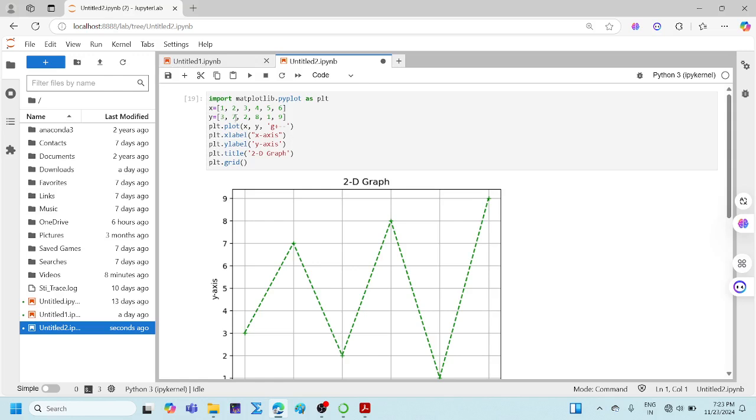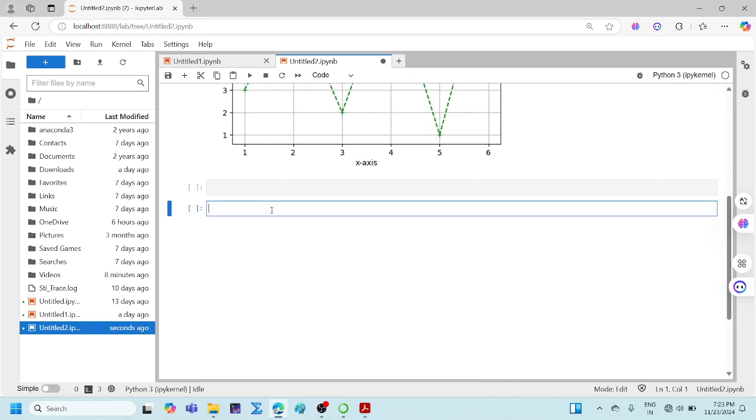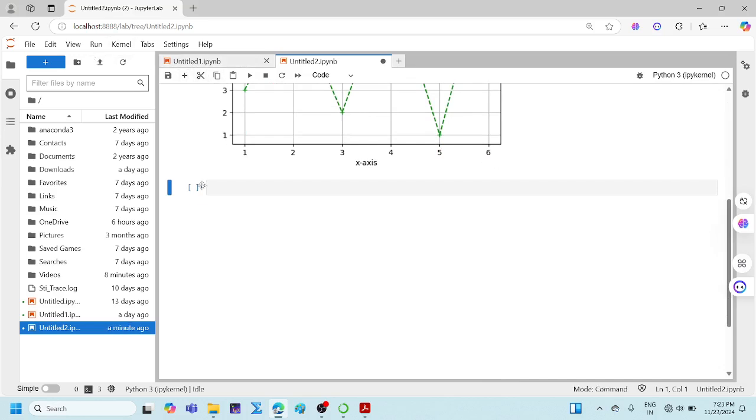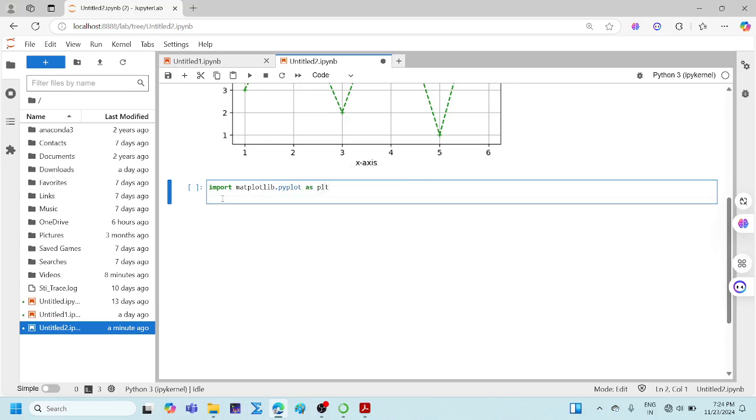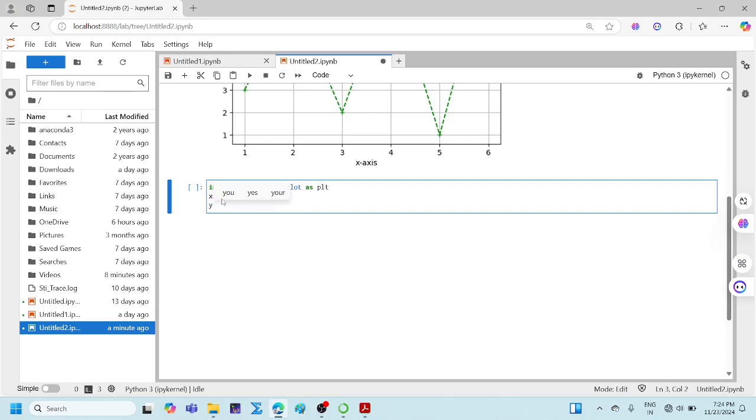If you have the values of x and values of y, yes, it's fine, we can do it. Now, if I have a function, say y equal to f of x, maybe any function, then how to draw its graph? Let me take a simple example. Import matplotlib dot pyplot as plt. Then let me give the values for x again, 1, 2, 3, 4, 5. Y equal to, okay, if I want to use